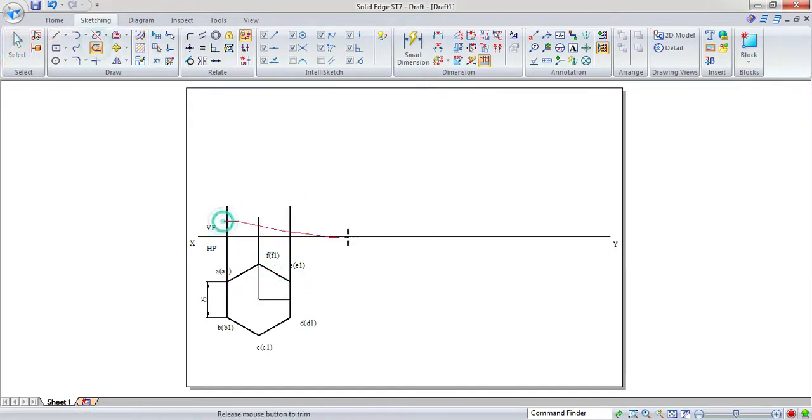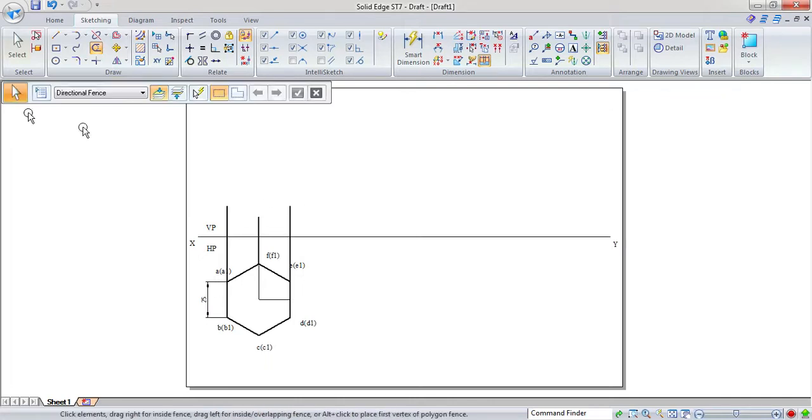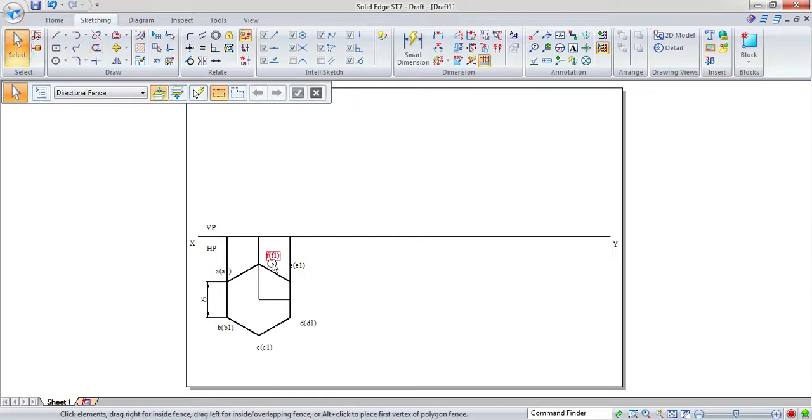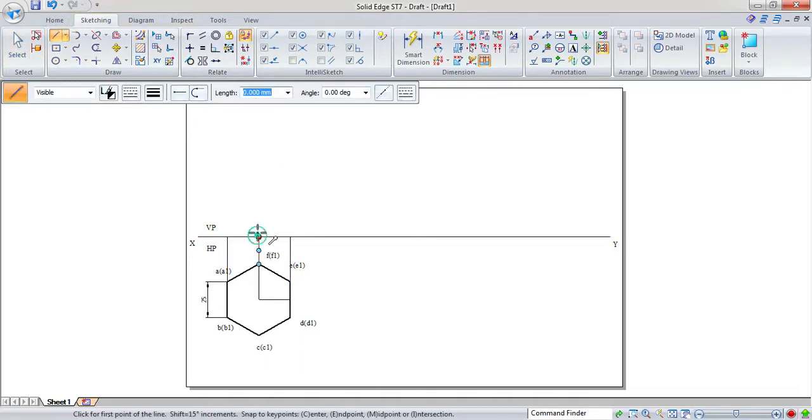Go for trim here, and trim out all the unwanted lines. Select the projection lines, change the thickness to 0.05. Now take a line command, and the axis, it is given in the problem, is 50 mm.